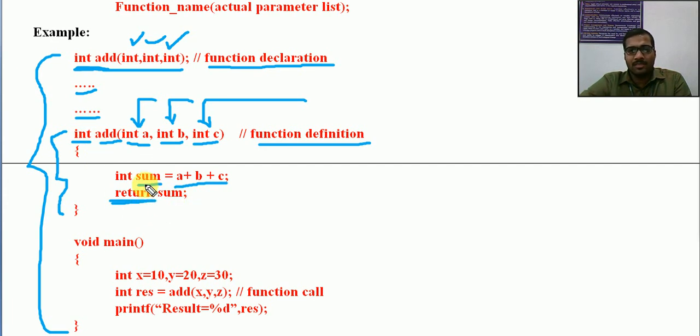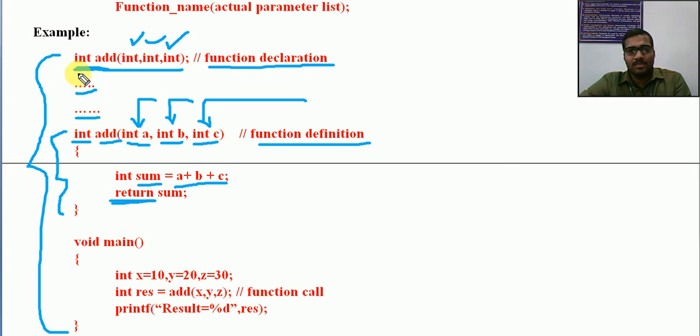This is the requirement, right? If I am passing return 1, I can write that also. If I am passing return 1, whoever is calling add will be receiving only 1. It will be calculating sum, okay, but it will be returning 1. But what I want now, I want the result of that. According to the logic, you have to decide what is to be returned. So return sum means this value will be returned to the place where this add was being called. Okay, I hope it is clear.